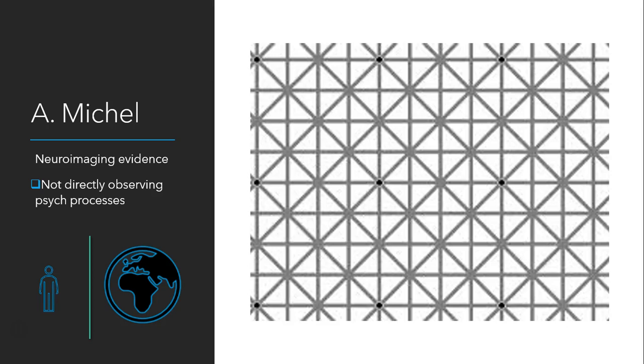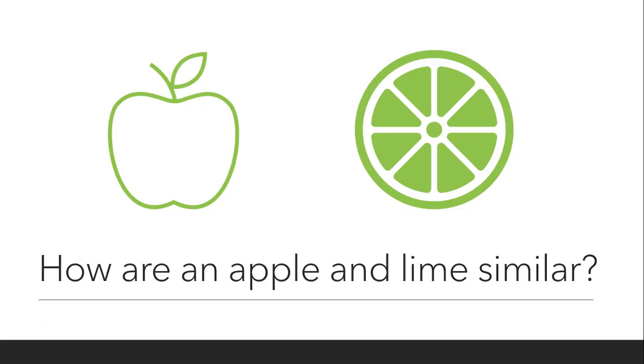Can higher order happen without lower level engagement? And further, can higher order inform, shape, and even influence lower level processing? Let's test this for ourselves. If I were to ask you, what is the first characteristic that you notice being similar between an apple and a lime, there are a couple of responses you could give.